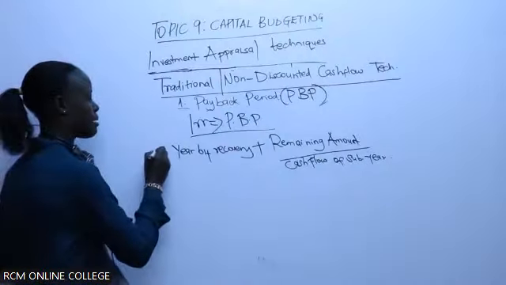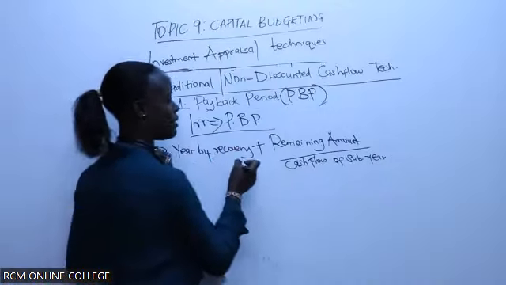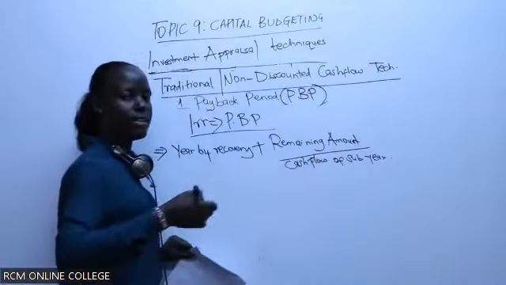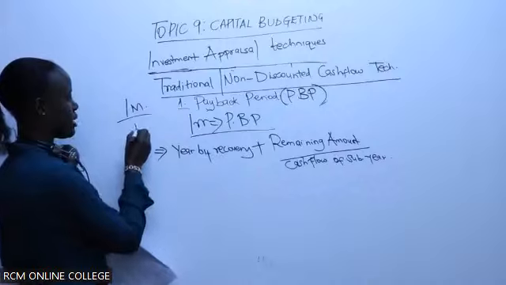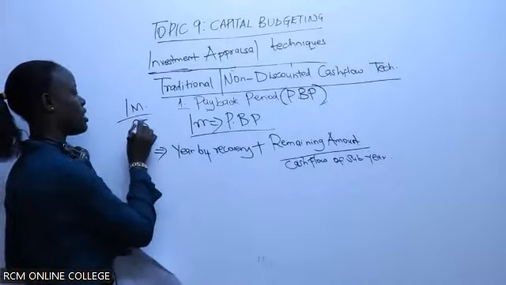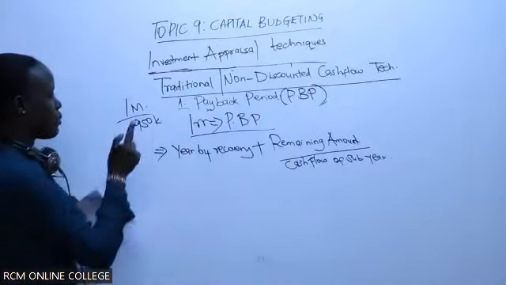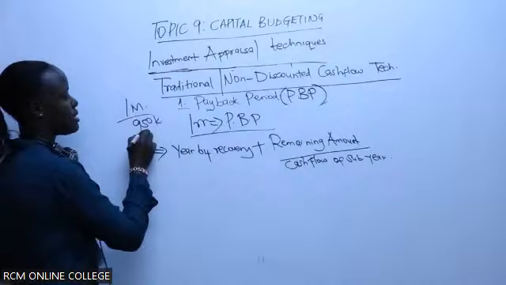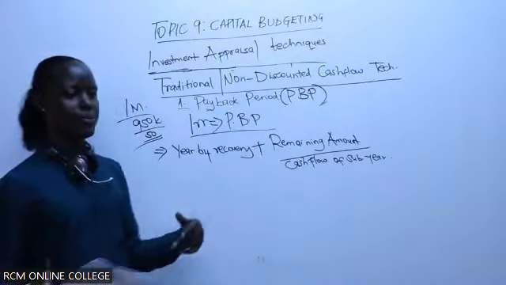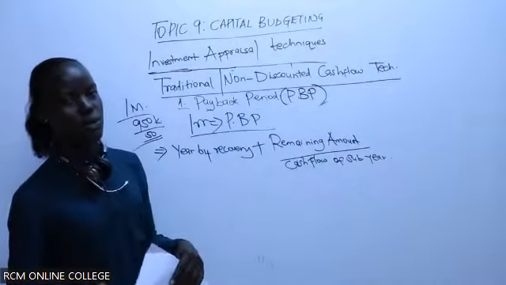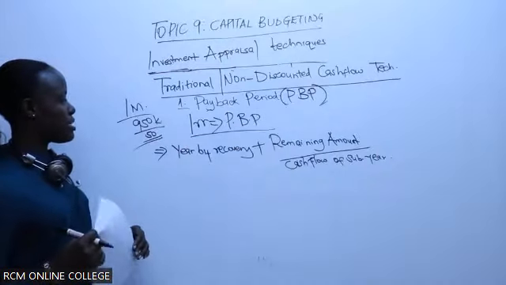For you to get the payback period of an irregular cash flow investment, you get the year before recovery plus the remaining amount to recovery. For instance, our project required 1 million, and the year before recovery, for instance, we have 950,000. Now what you will use as the remaining amount will be 1 million minus 950,000, which is 50,000. That will be your remaining amount to recovery, and now you divide by the cash flow of the subsequent year, the year after recovery. Can we do an example on the same? I want us to do an example on the same.